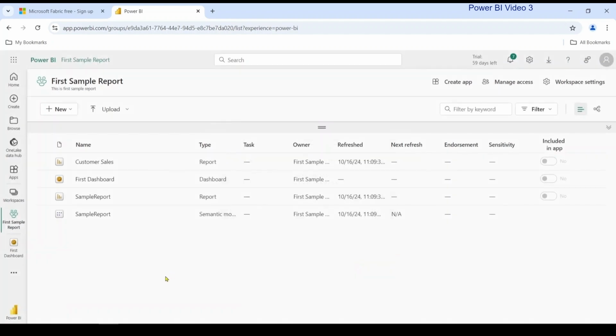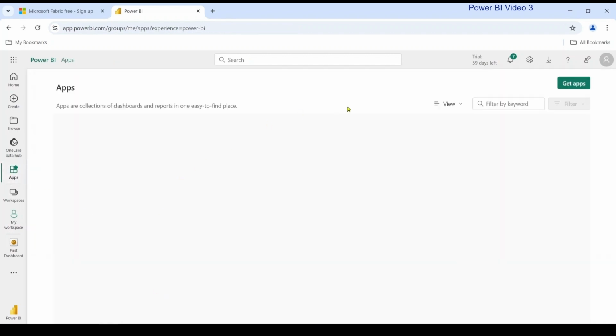We want to bundle up everything into one object. We can bundle up dashboard and reports in one object called apps, and we can share with other users. On the left side of the window, you can see there is an apps icon. Click onto it. Currently there is no apps here, so we have to create our first app. Let's go back to our Workspace